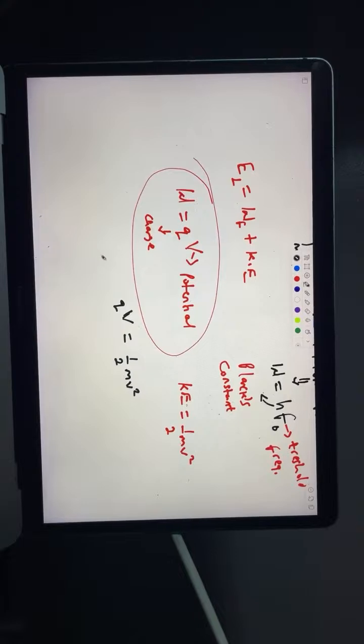You have been given Q in the question. Q is the charge, that is 1.6 times 10 raised to the power minus 19. And you have been given the mass. Mass is 9.1 times 10 raised to the power minus 31. Please take note, electron is not big. Electron is a small guy. So the mass of the electron is 9.1 times 10 raised to the power minus 31 kilogram. Please correct that in your book. Then followed by